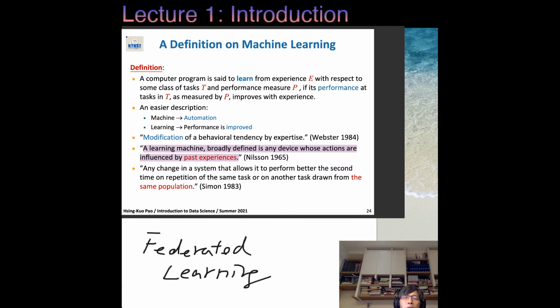Past experience is mainly the data. The data that we observe will give us different results, and different influence on future actions.